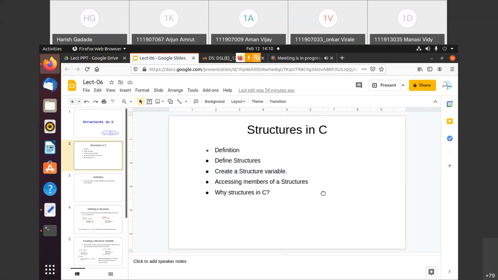So data type is same in array, but whenever we talk about the structure, here data type is not similar. And I think in the last lecture somewhere, we have seen that we have listed the user defined data types, right? So this is again one kind of user defined derived data types, you can say, right? So we'll see that in somewhat detail here.